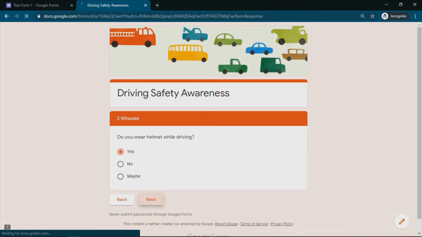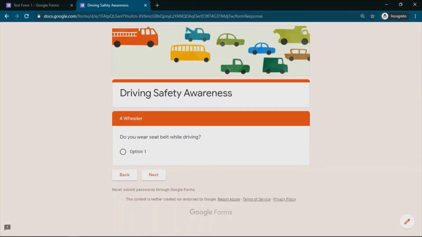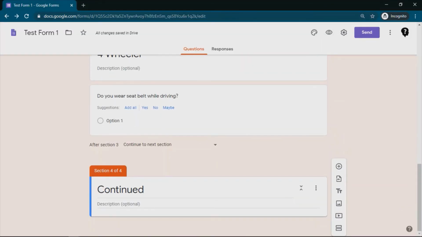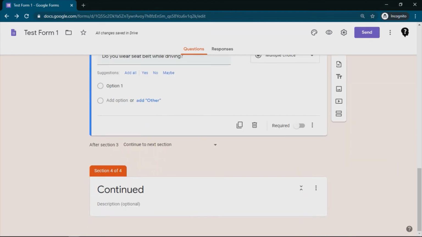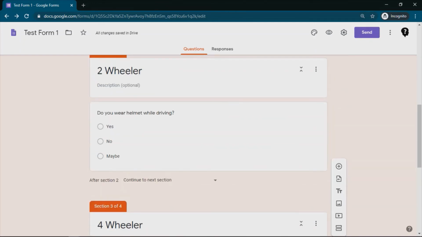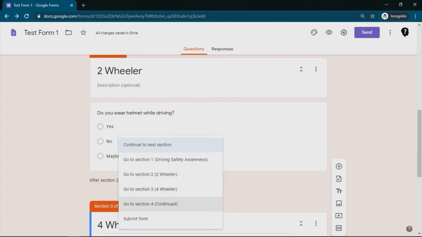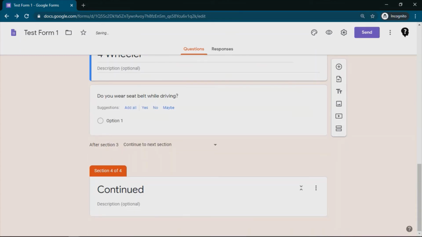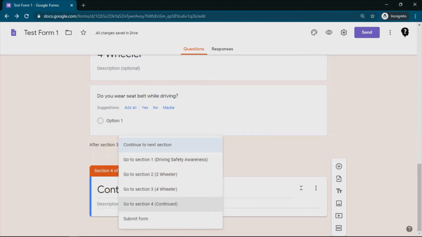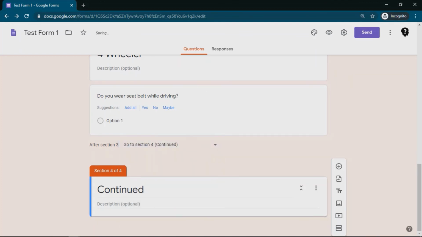If I say yes, and if I click on next, it will again jump onto the four wheeler, which is an invalid question action basically. So what I can do is, before that let me complete these questions. So after my answer, I will not continue to the next section, I will jump to the continued section. Okay, and here I can choose continue to next section, or I can manually click this as well.